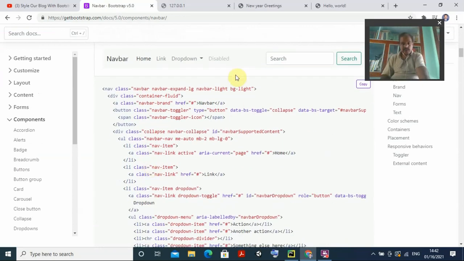Okay. So now, suppose I want to provide all these links. I want to make it look like this nav bar, and all things should look like this. Then what do I do? I copy the code. You can select it here and just copy it here. After copying this one, what you need to do,